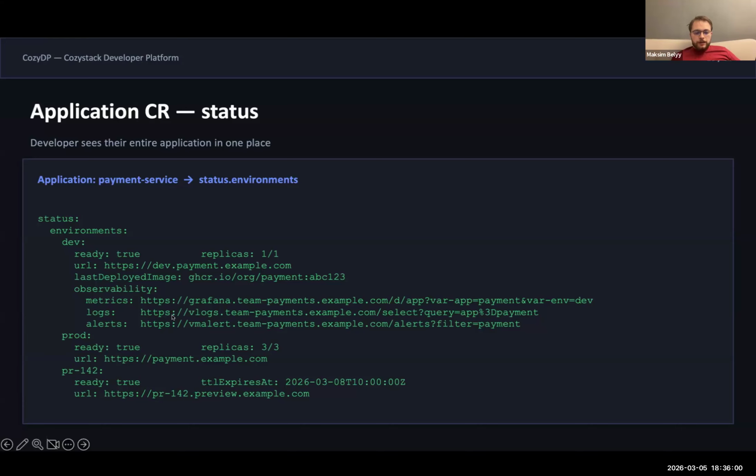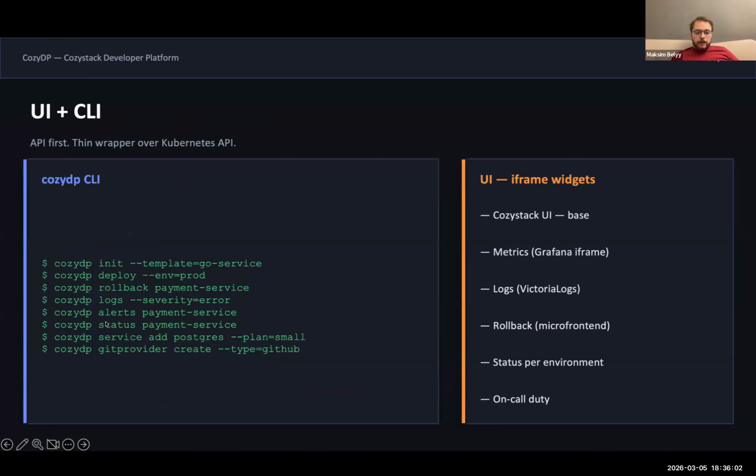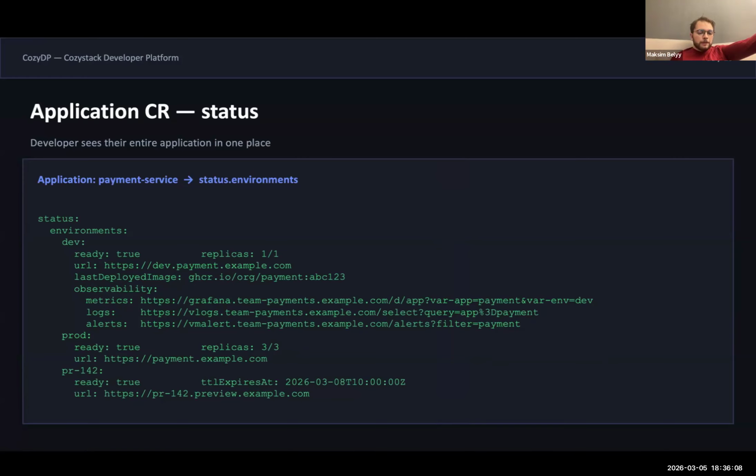We can get logs, alerts, or the status of deployment via the CLI. So we have a URL to the environment, and something else in the future, because it's actually a draft, not a final vision.